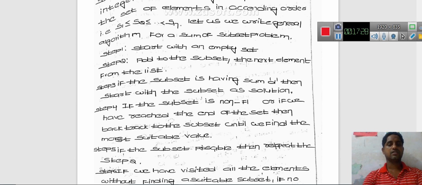If the subset is non-feasible, or if we have reached the end of the set, then backtrack to the subset until we find the most suitable value. Because if we cannot find the optimal solution, then we go for backtracking and find the most suitable value.